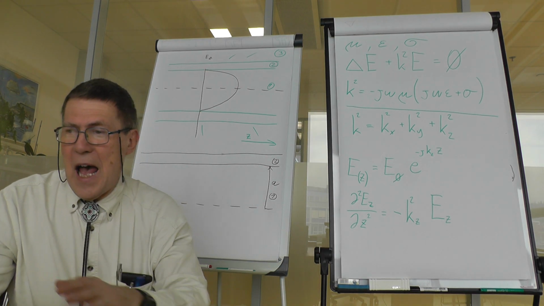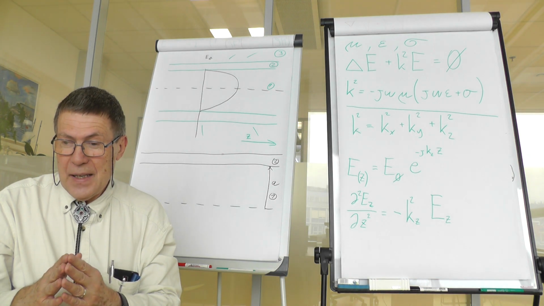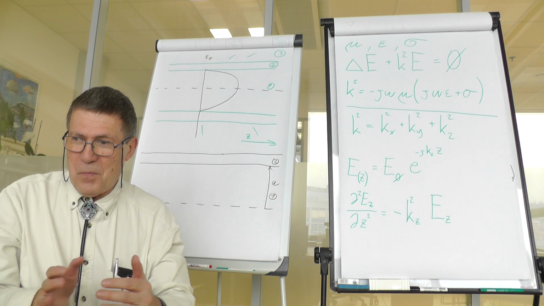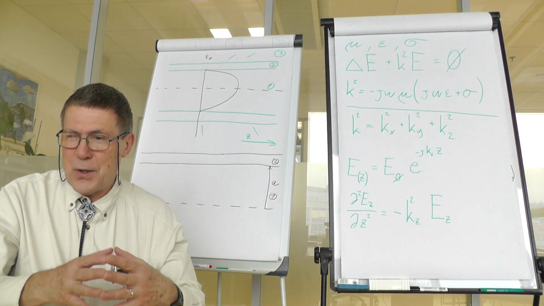So now we have collected the set of, let's say, physical bounds on our solution. We would like to find a solution that